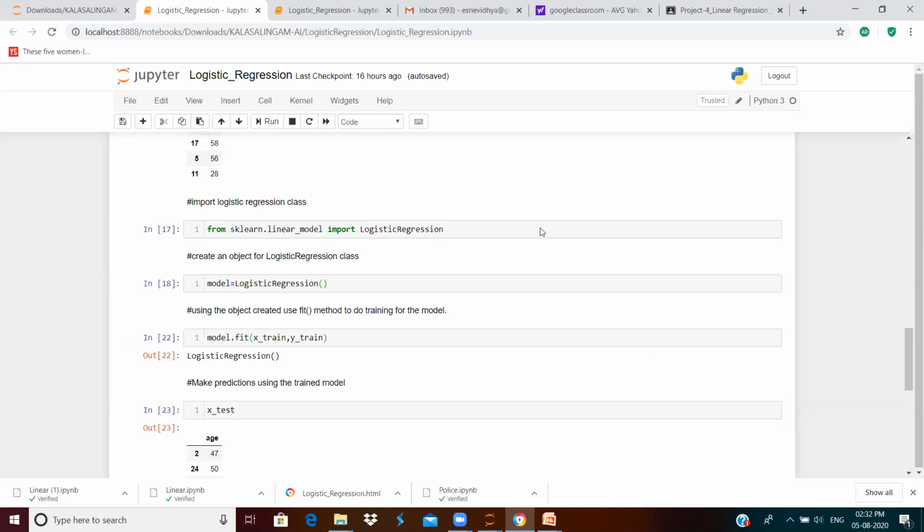Now let us get into the next stage. We have to build our model, right? To build our model, we will have to import the LogisticRegression class, which is available in the sklearn library. We will have to create an object for this particular class. Only with that object will we be able to access all the functions available in this class. And we are training our model with the fit function. You have to pass in the training data set for training our model.